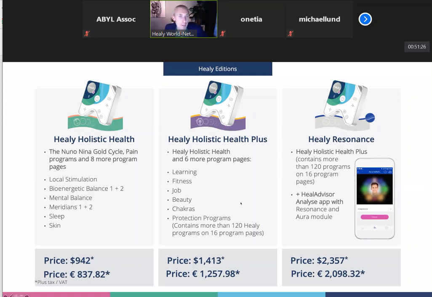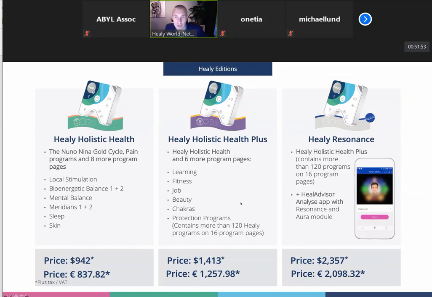Unfortunately, people who have a pacemaker, who are pregnant, and people who have epileptic disorders cannot use these first 3 versions because it's working with microcurrents. The Healy Resonance, an investment in yourself of $2,357 plus tax, is the same Healy, but it is unlocking